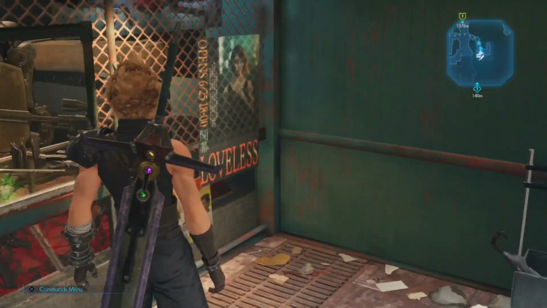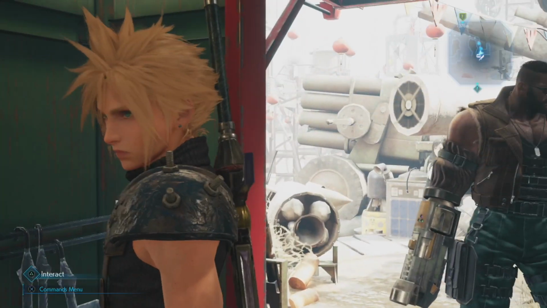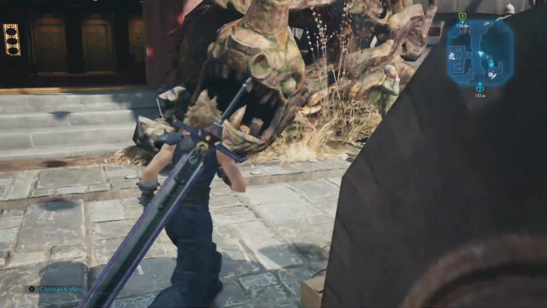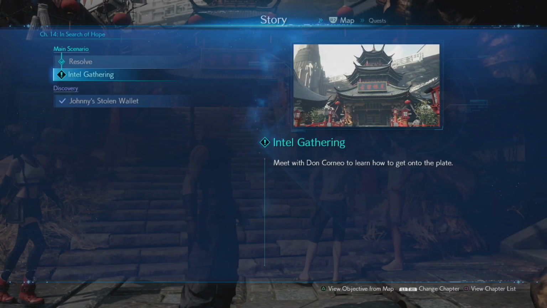That is kind of a badass fantasy-looking sword. The purple elements are kind of cool. Don't tell anyone. So, story mission. What is the current...